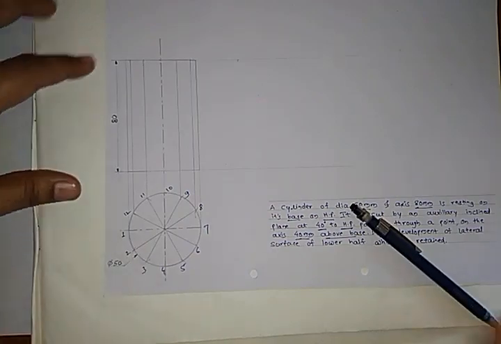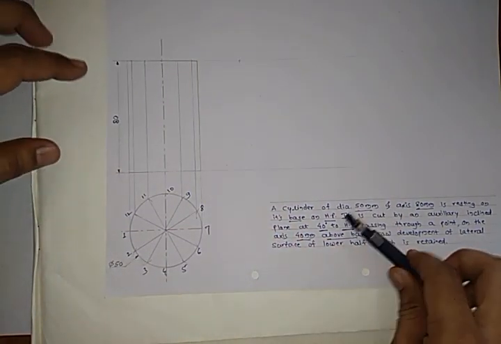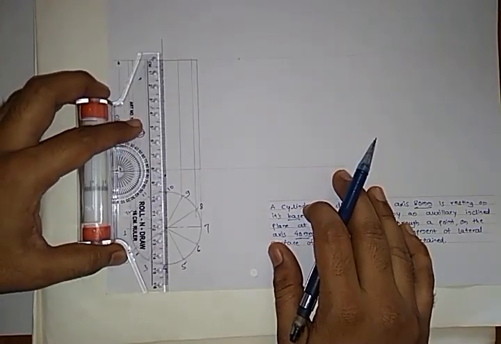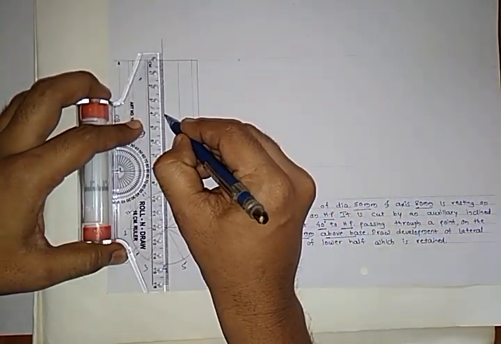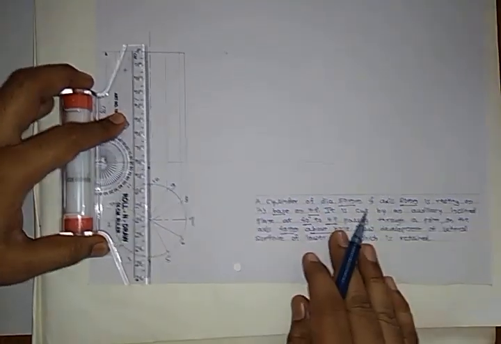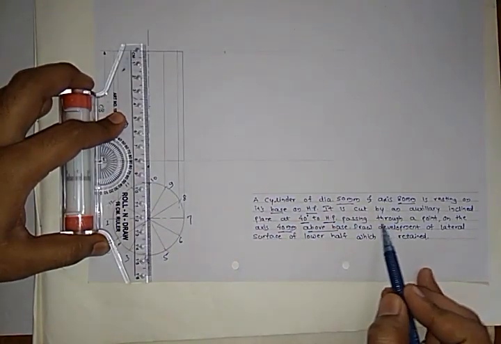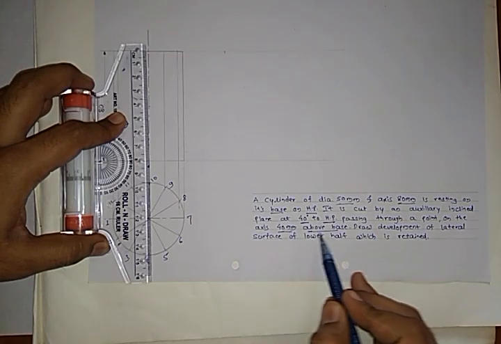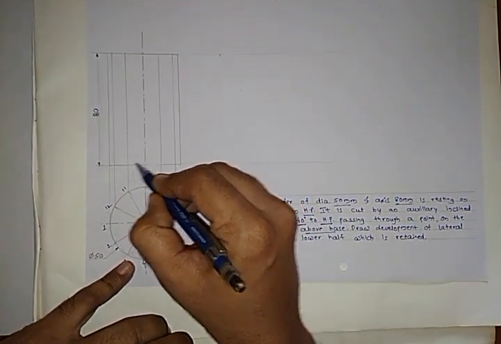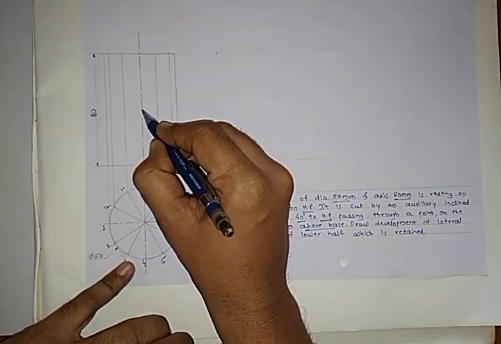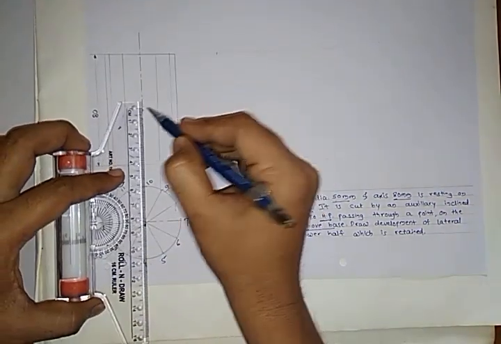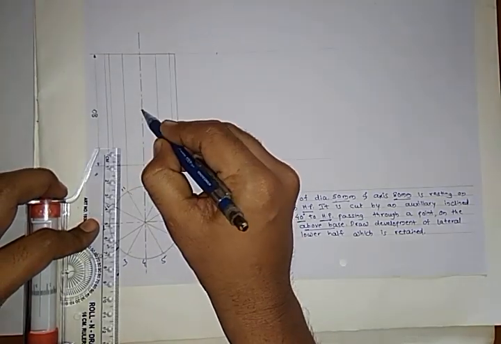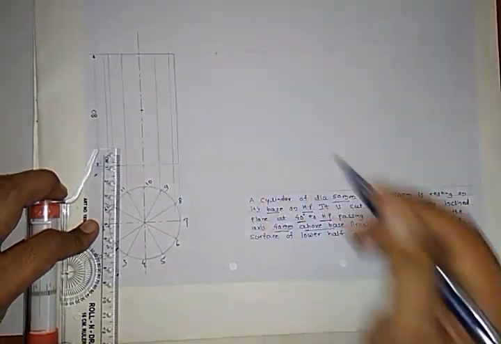Okay. Now, so this axis height is 80 mm. So what is given to you is that the cutting plane is passing through HP, and a point on the axis 40 mm above the base. So here is the base, so 40 mm above it, so here it is. So this is 40 mm. From this position the cutting plane will pass. Okay, 40 mm from the base. So this distance is 40 mm.